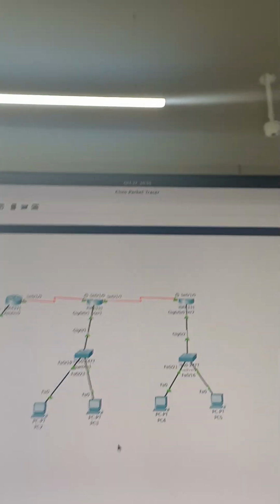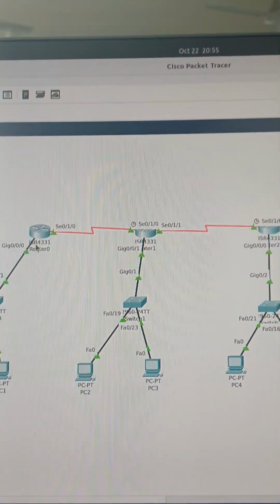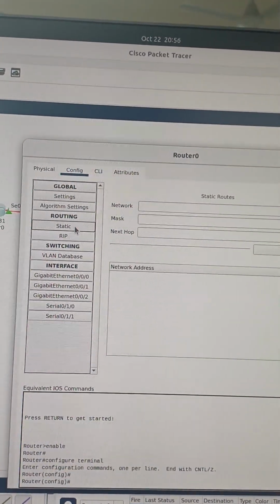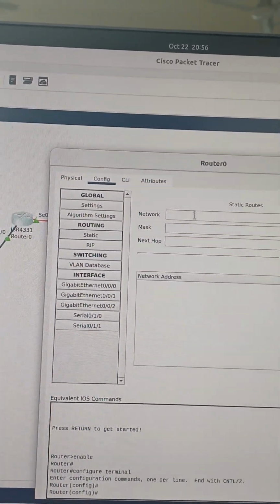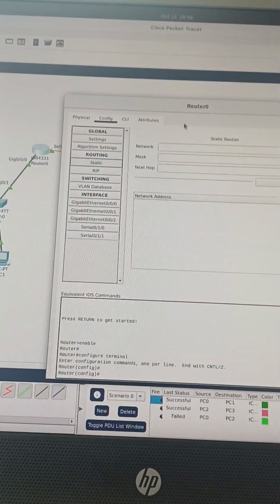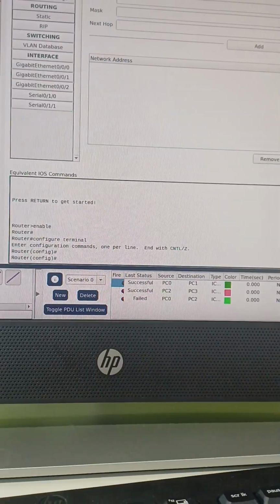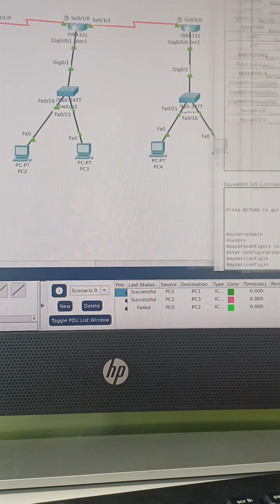Now we'll see manual static routing. We'll go here, config, routing is true, so we'll go to static. We'll have to configure three parts for the three different routers. First we are going for this network. So this is the network. What is the network name? So the network name is